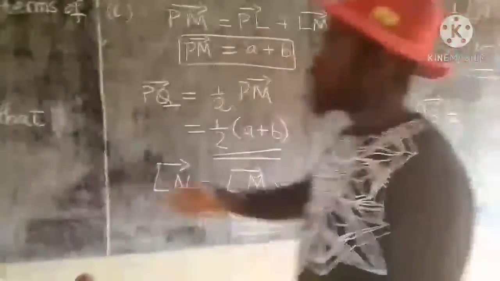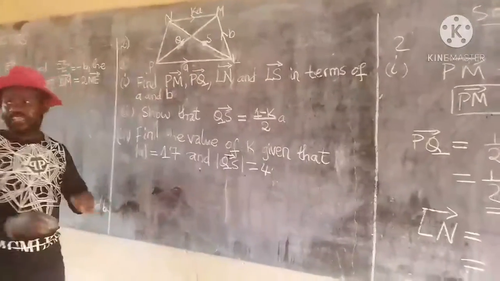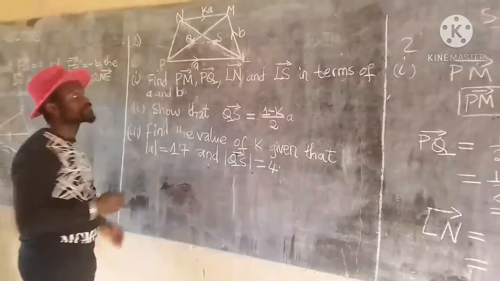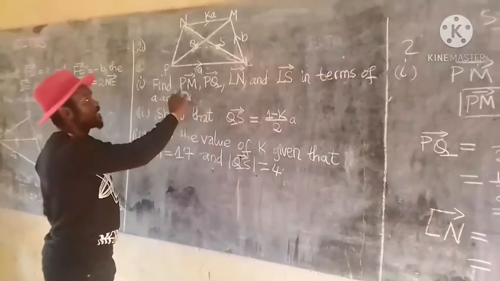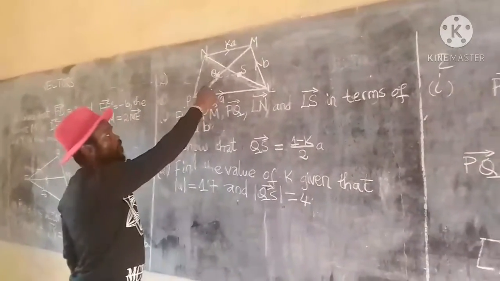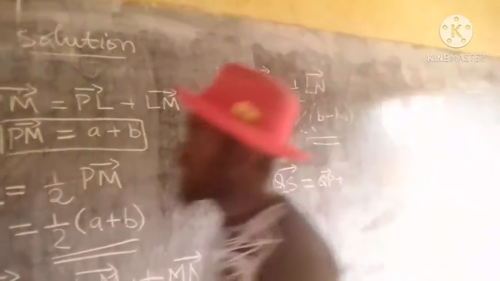QS is equal to, go back to the diagram and find out QS. You see that it wasn't linked up, so you have to link it. That is QS. But in terms of expressing it, to move from point Q to point S, you can go this other way around. So you can move from what? QP. So we have QP plus PL plus